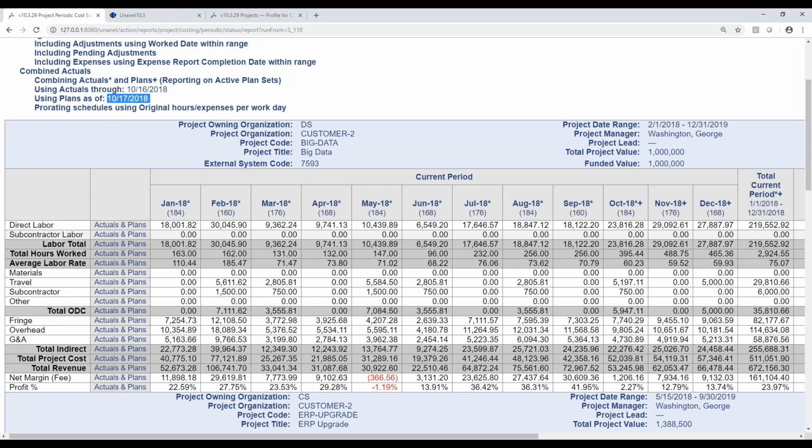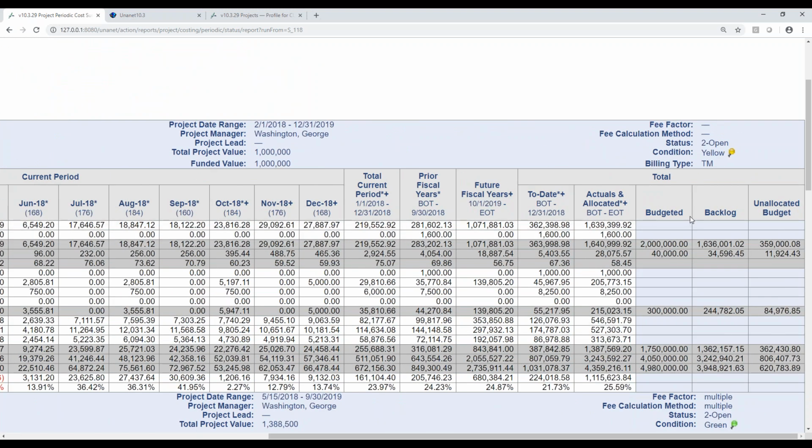And what's really neat about this report, I scroll all the way to the right and I can see what my labor budget is for this project. I can see all of the activities to date. If I combine everything that I've done with everything that I'm planning to do, that should really equal my budget. So again, what I've done plus what I'm planning to do should equal that EAC, one of those earned value metrics that I showed you earlier.